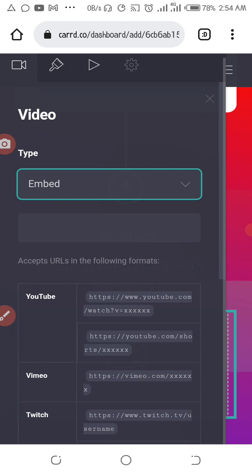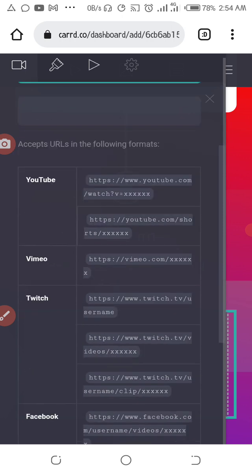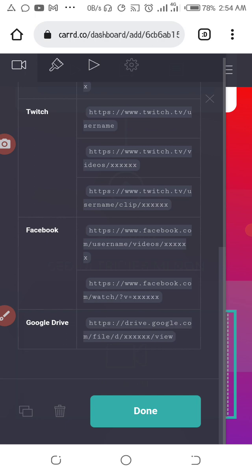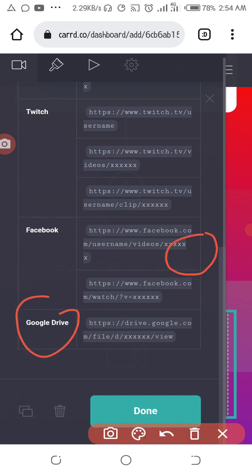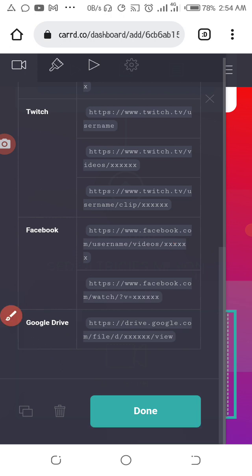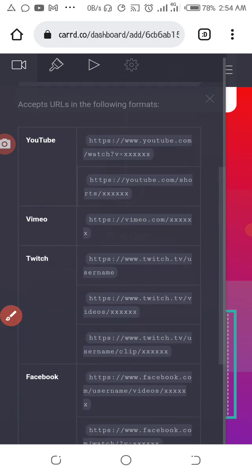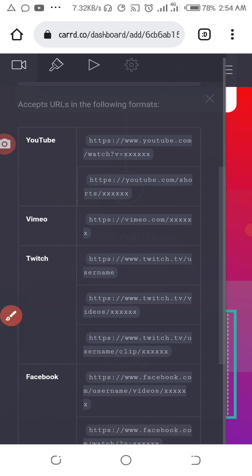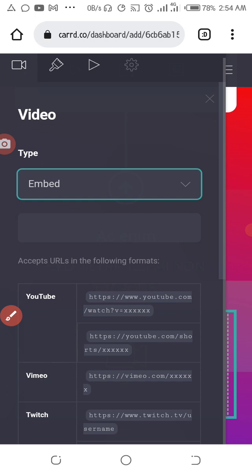Embedding means you must save the video somewhere. Maybe you must upload the video on YouTube, Google Drive, Facebook, Vimeo or YouTube. So normally I upload mine on YouTube, then I copy the link of the video